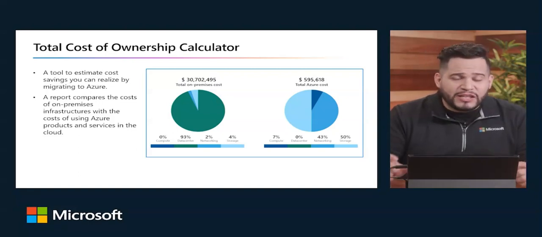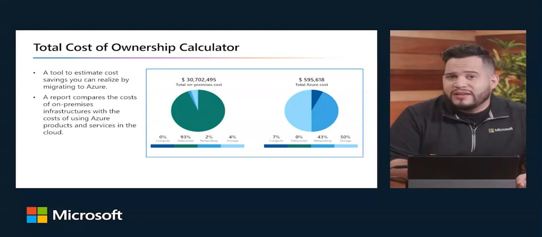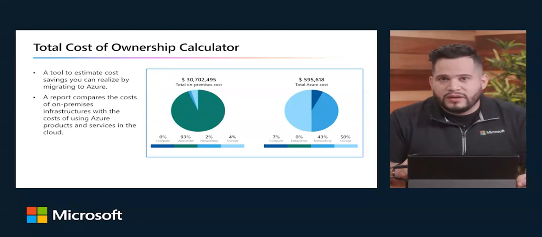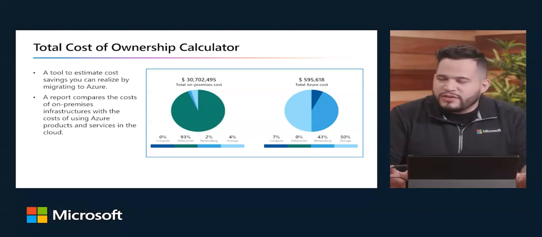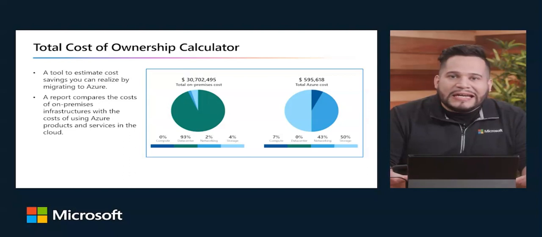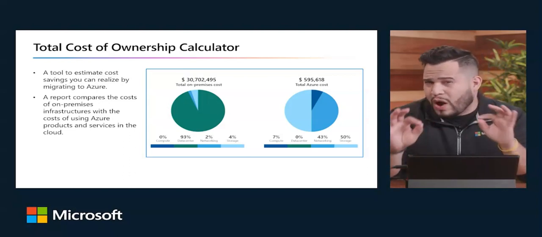That means that 93% cost that you see there, it doesn't get reduced. It's completely gone. Now, while yes, there is a slight increase in cost for compute and a bigger increase in networking cost percentage-wise,